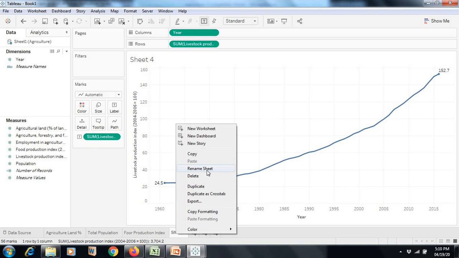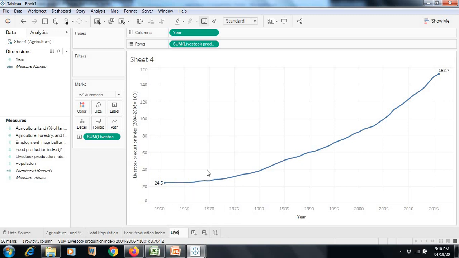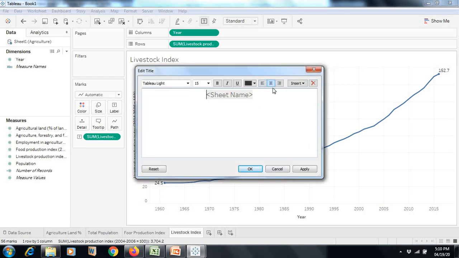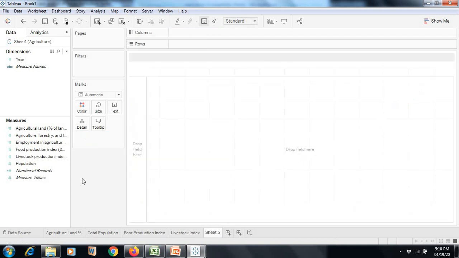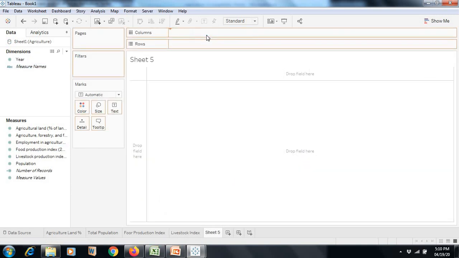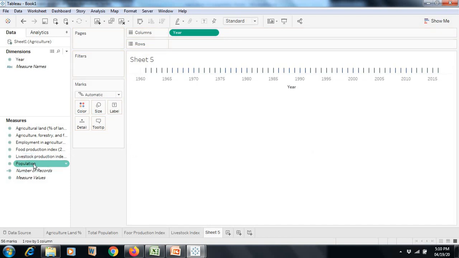This I want to rename as livestock index. Again, I want to mark it centered, apply. Done.